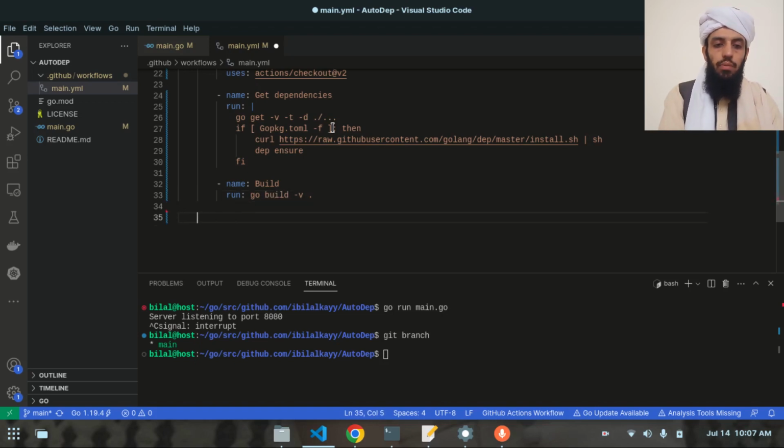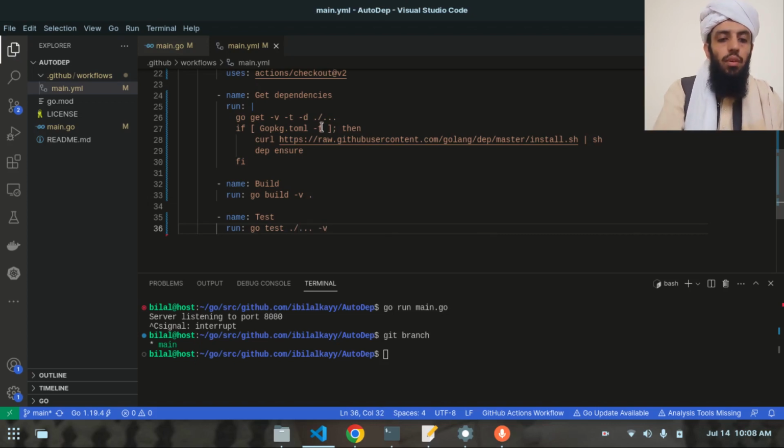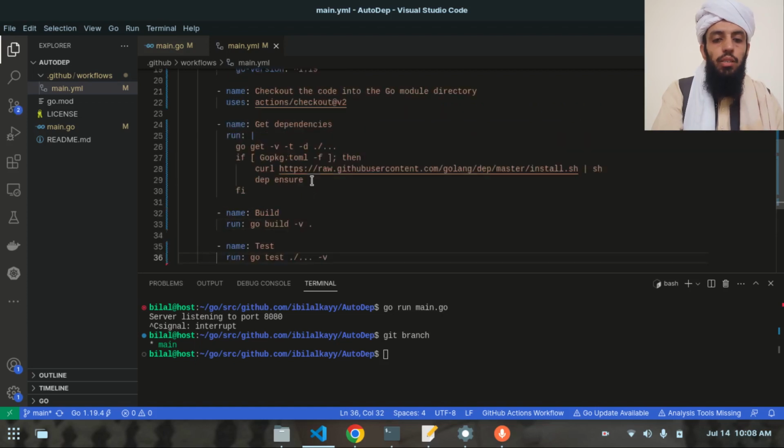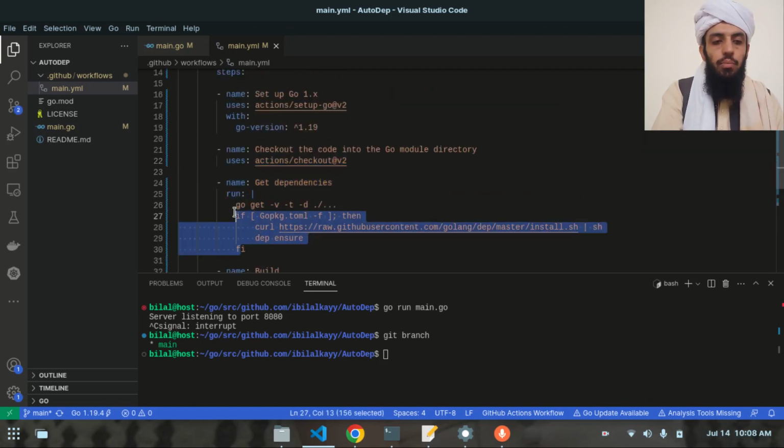And after that let's write name test, it's going to be test. So let's write run go test, like this. All right, so it will test it, it will build it, and it will run this by getting the